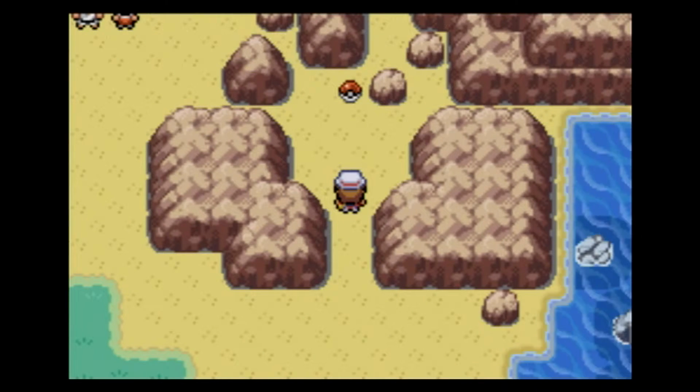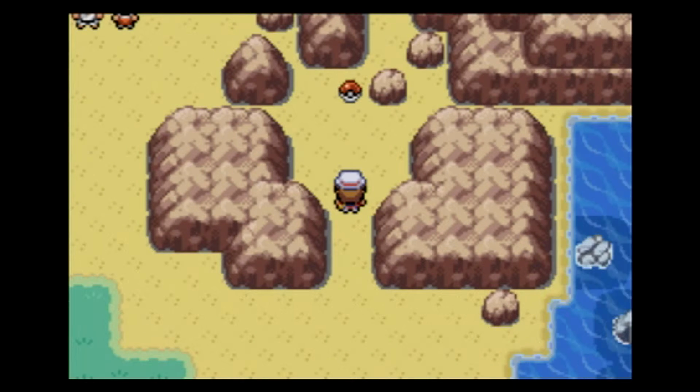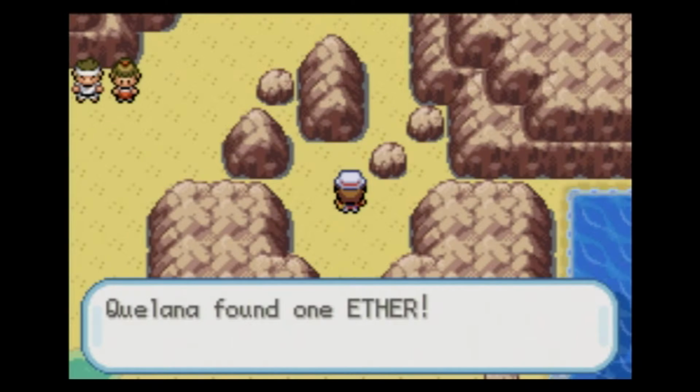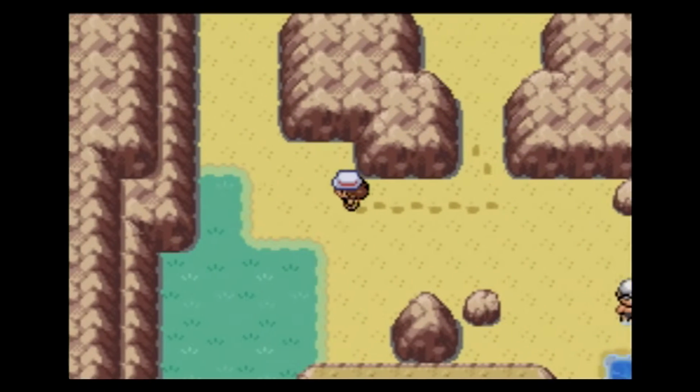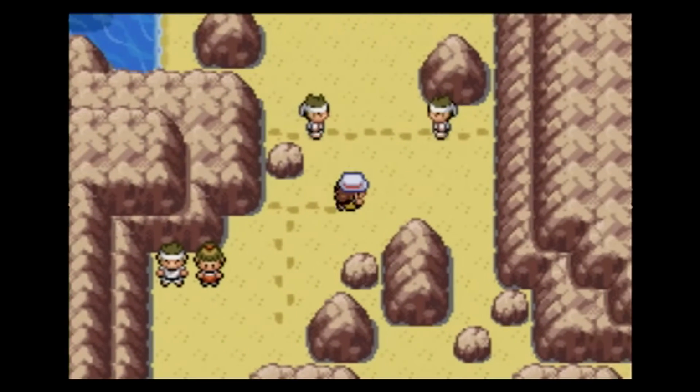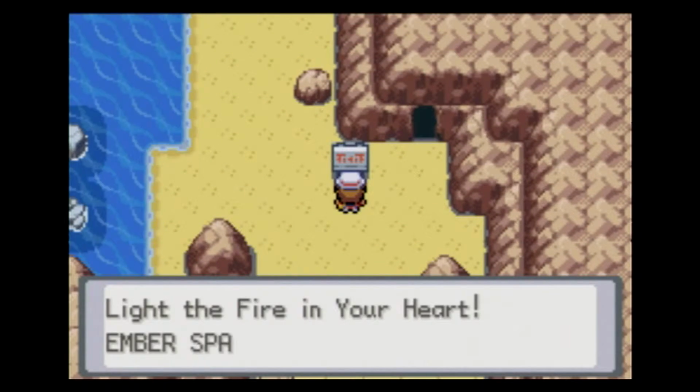Alright, so I stopped the recording for a few minutes to do some grinding. And during those few minutes, I found the HM for Rock Smash. There's just this kind of random dude who's just like, here, have an HM. So with that, I was able to break the rocks in this little inlet right here. I was expecting something really good to be in that Pokeball just now, but yeah, just an